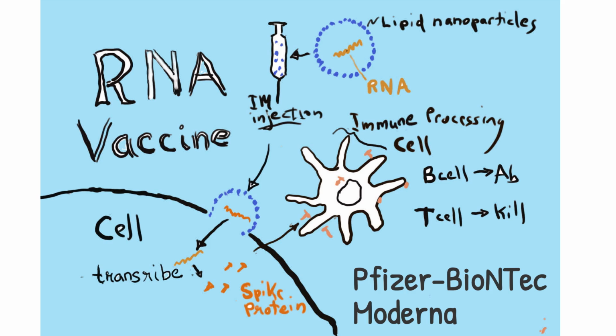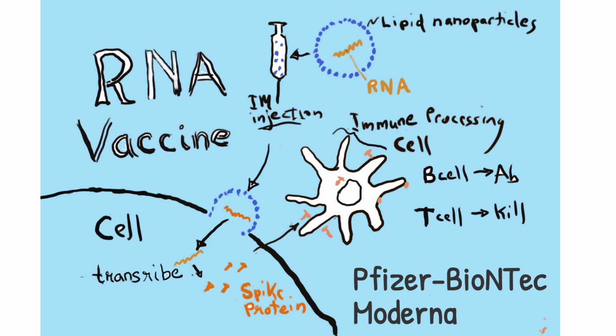They consist of full-length RNA message of the spike protein that is packaged in a protective lipid nanoparticle. Nanoparticles are injected intramuscularly, and then the lipid nanoparticles are taken up by immune processing cells, dendritic cells, and monocytes. Once the RNA message enters the cytoplasm, it is used to synthesize the spike protein, and then the protein migrates to the membrane surface of the cells, where B cells are signaled to produce antibodies against the protein, and T lymphocytes are induced to generate cell-mediated killer T cells that destroy the virus.